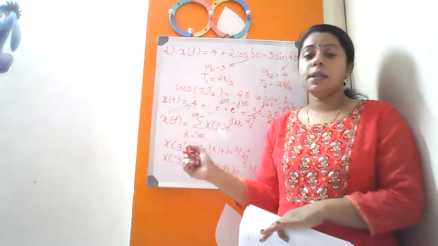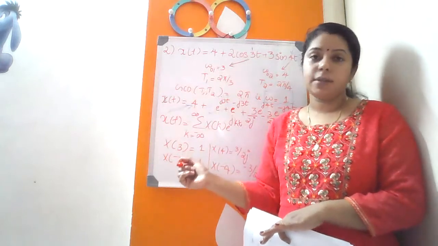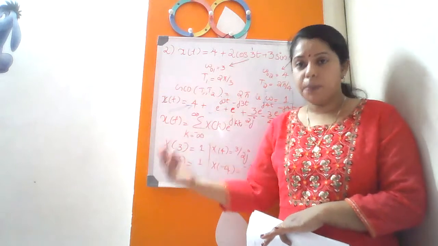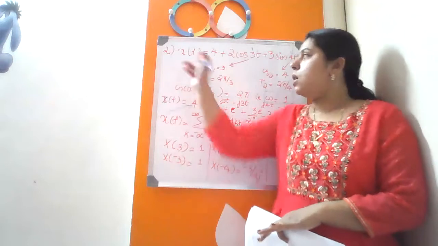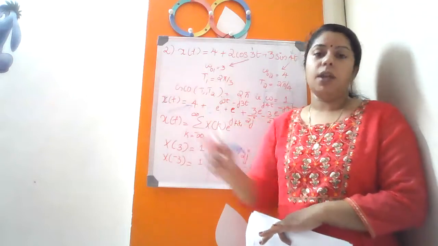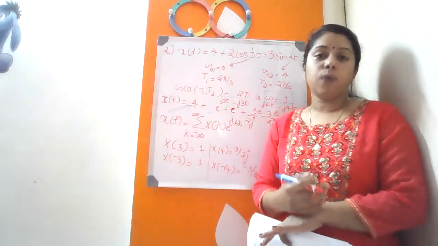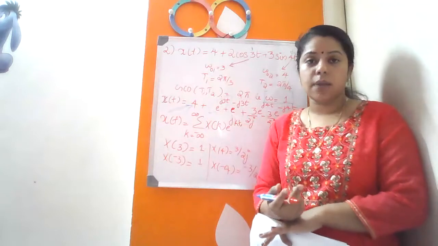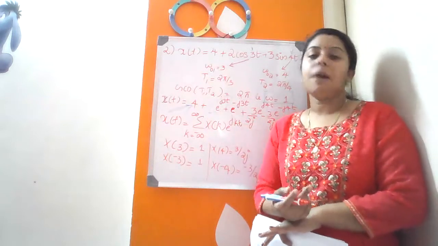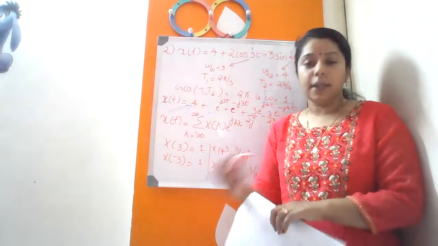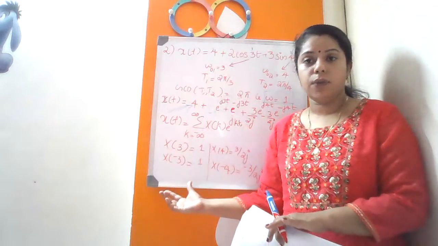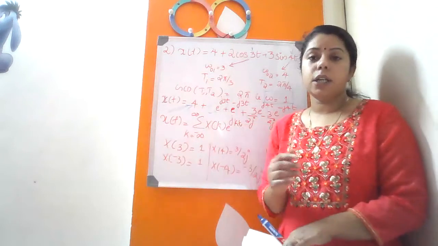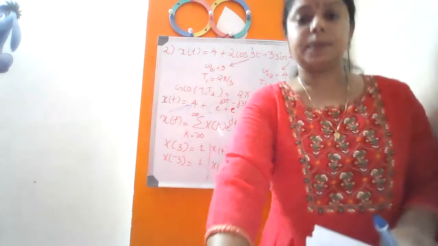Actually, the question is not only to find the Fourier series coefficients. It's a repeated question. They are telling us to find the average power of the given signal x of t. And one more thing we have to find is, using Parseval's theorem, we have to plot the power spectrum. So what is the next thing we are going to find out? We completed the Fourier series coefficients. Now let us find the average power.